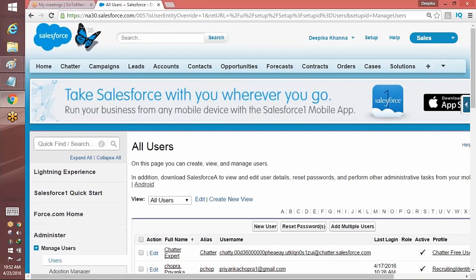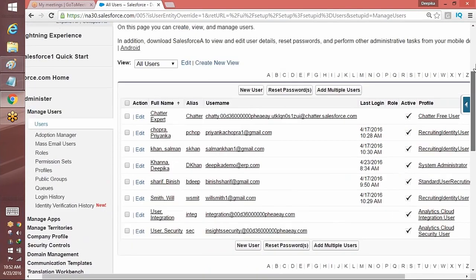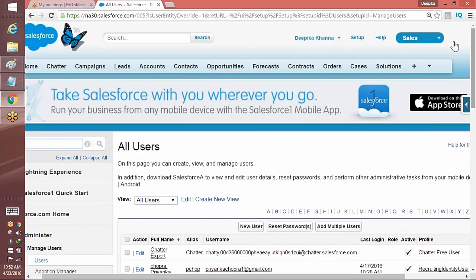The thing is, okay, so let's say these are the different users we have in our company. Now each one of you, let's say you are logged in as, see, one more time, a system admin will never have an issue viewing something, okay, because he's a system admin. Now the next thing here is, if you log out and log in back again,